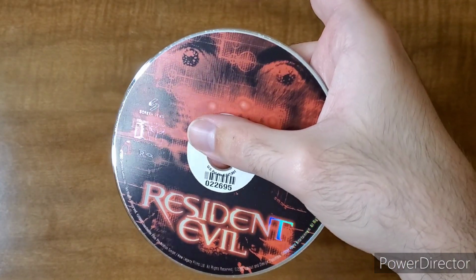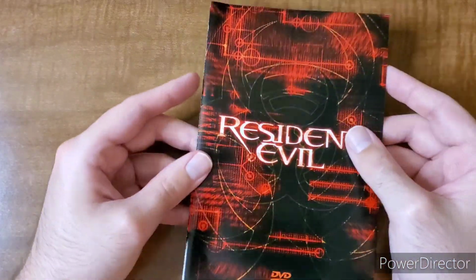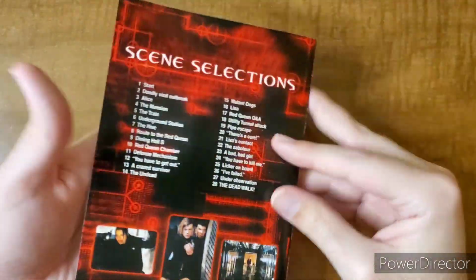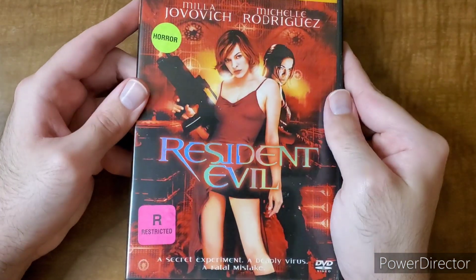So we have the Resident Evil on the DVD. It has a nice artwork on the back of the eyes that are on the poster, but without Mila and Michelle Rodriguez in the front. And this DVD also comes with a nice little folding poster here with some information. It's not really a poster. This little booklet, only 2 pages, but better than nothing. It's got the scene selections. So pretty standard stuff for back in the day. But I end up keeping this DVD because I love Resident Evil, and it's got a very nice hollow foil